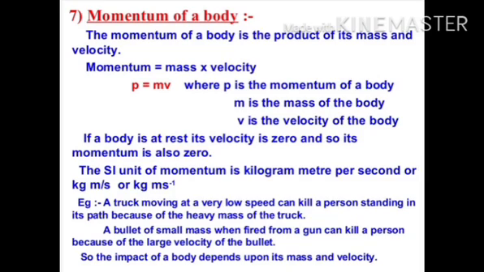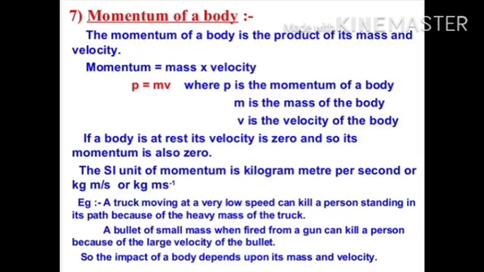We observe from the examples that the impact of motion produced by an object depends on its mass and velocity. Therefore, there must be some quantity that combines the mass and the velocity of a body. Newton identified this quantity and named it the linear momentum of the body. Linear momentum is a vector quantity possessing both magnitude as well as direction. The direction of the linear momentum is the same as the direction of the velocity.